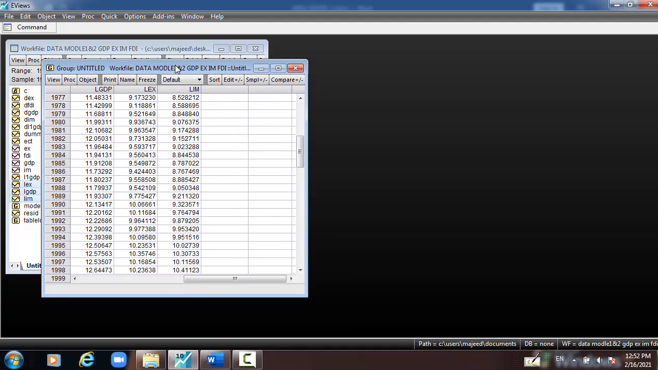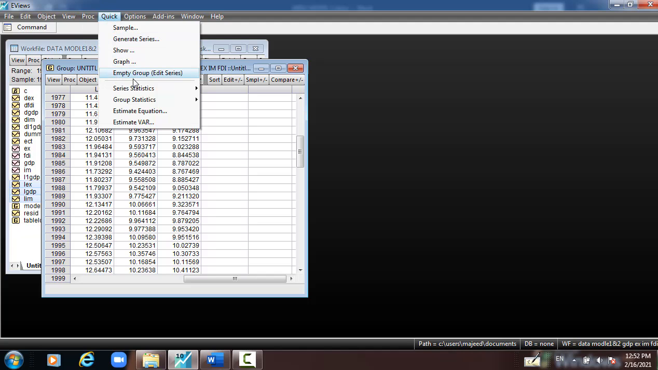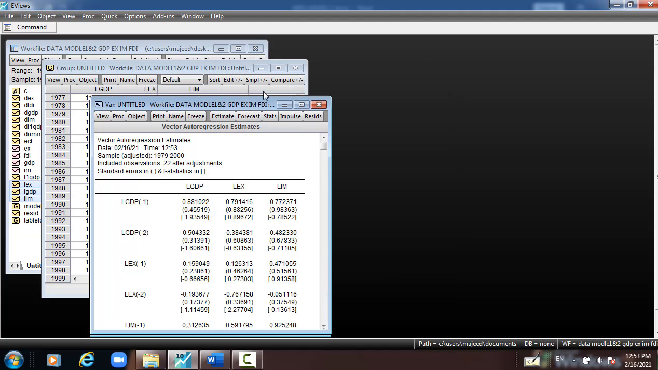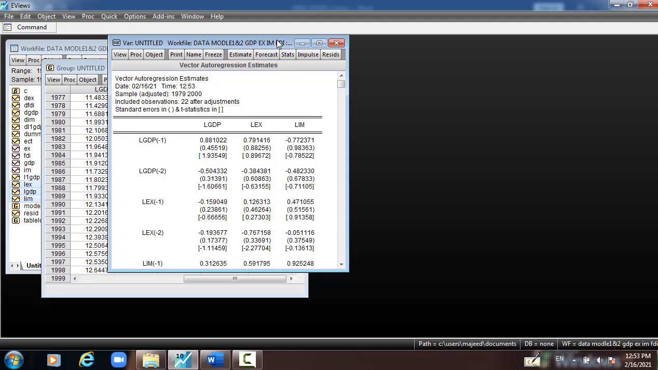This is the data, three variables, and here we have to test the lag criteria. How to test it? I'll go to Quick, Estimate VAR. Here we have to type the variables: log GDP, log export, log import. The data is 1977 to 2000, and the lag length between 1 and 2. Press OK. Here is the output for the